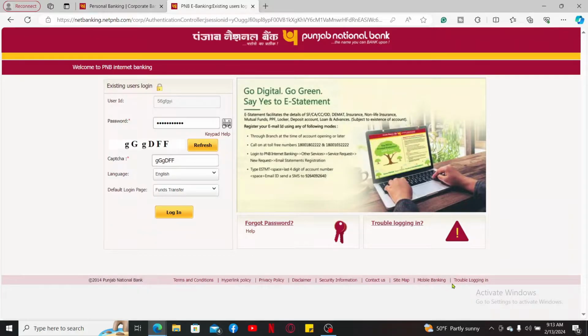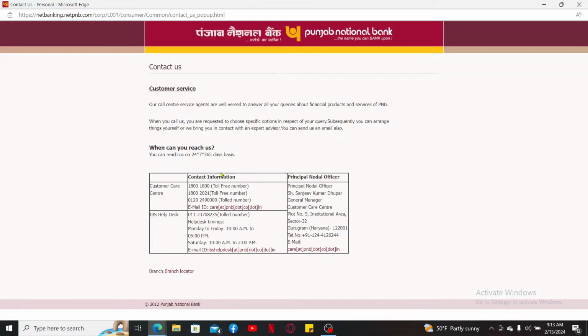You can also go ahead and click on the Contact Us button at the bottom and then call the PNB customer service helpline and follow through the instructions provided by the automated system, or speak with a representative to activate